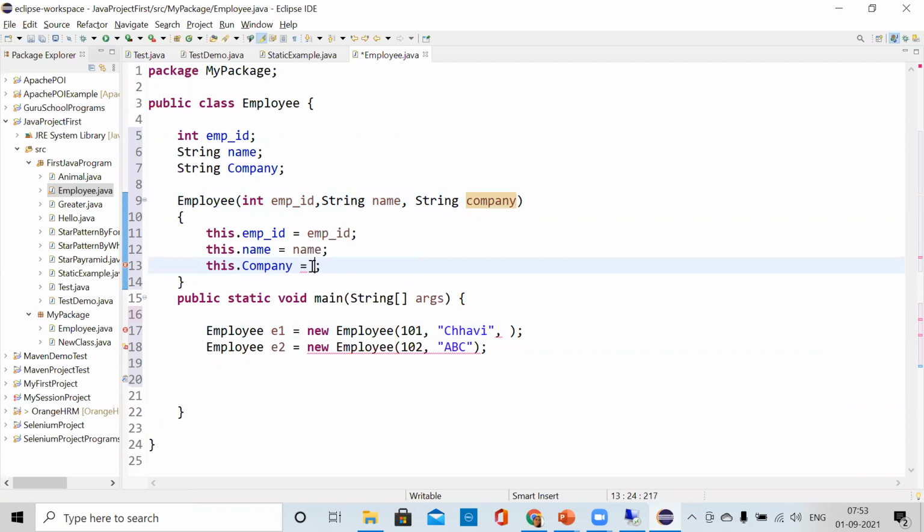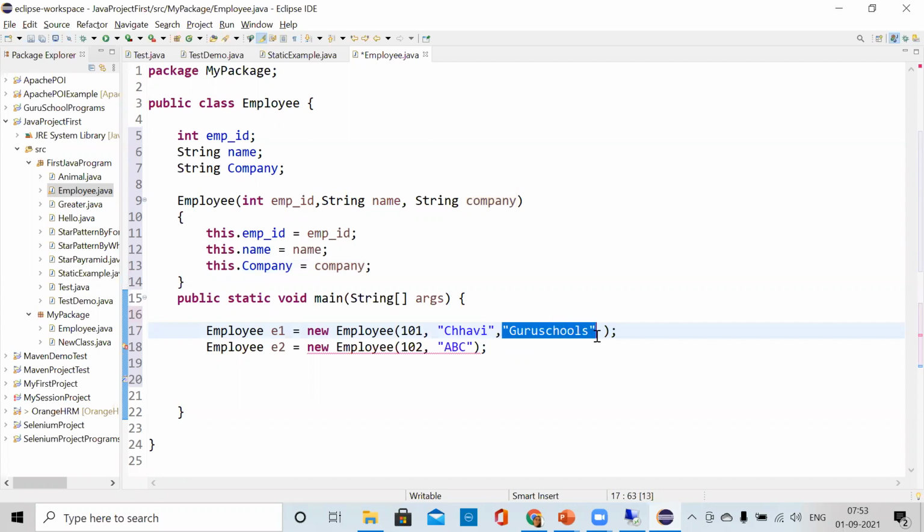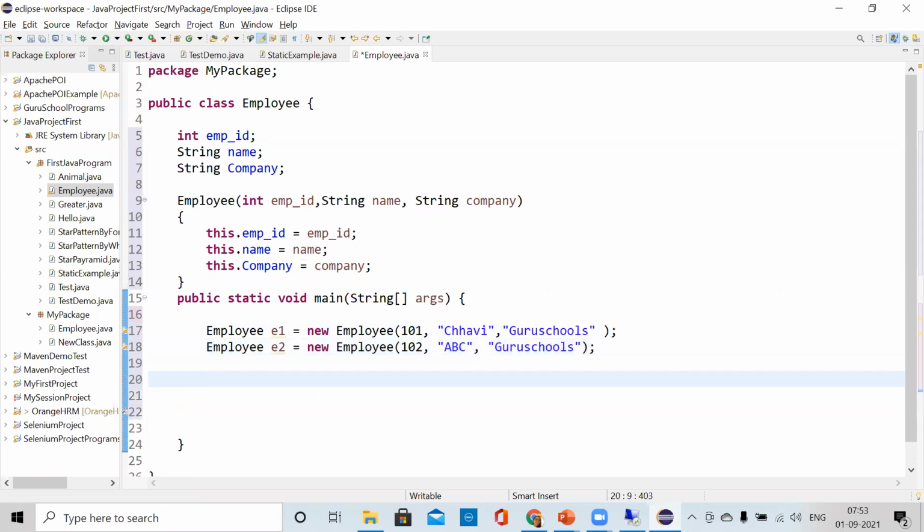Okay, here I have to write company. And then what I have to do, I have to write here Guru Schools. Okay, and this thing I have to pass to everywhere.